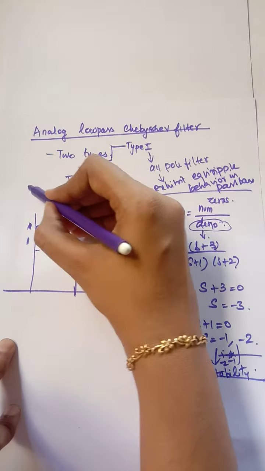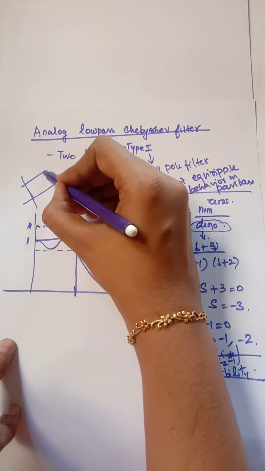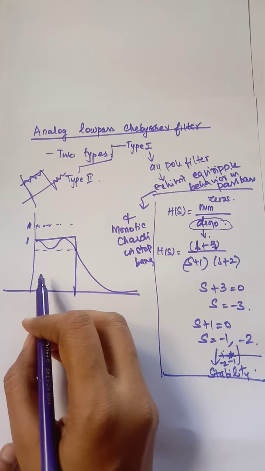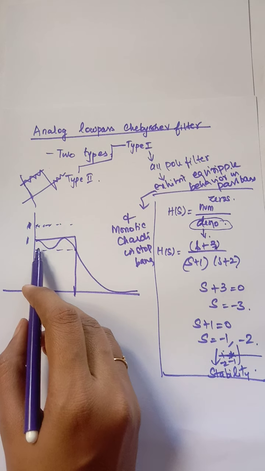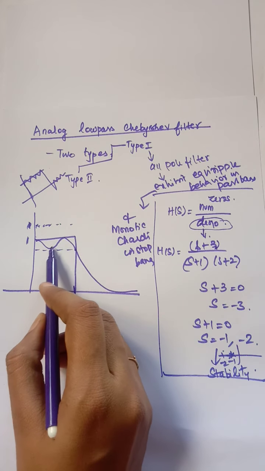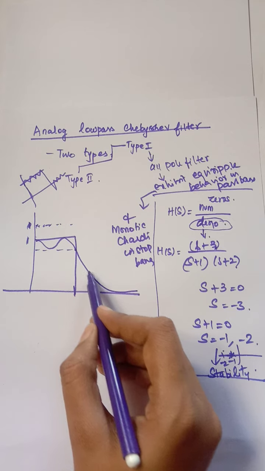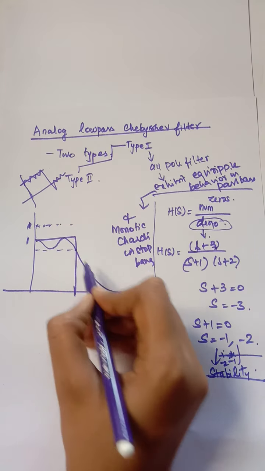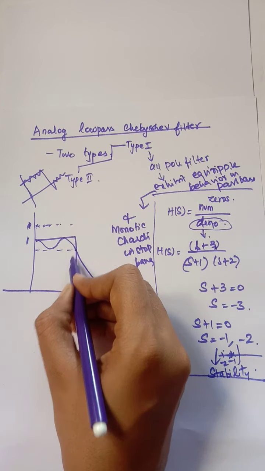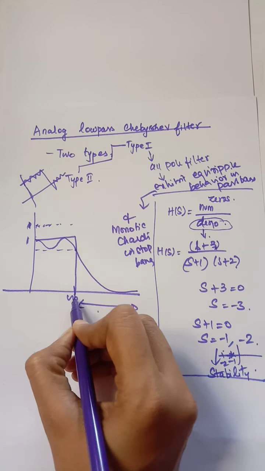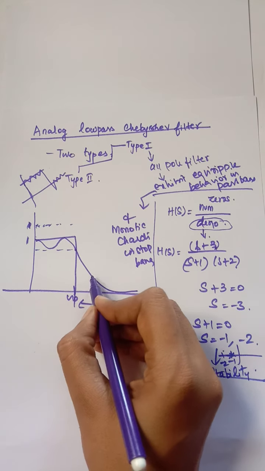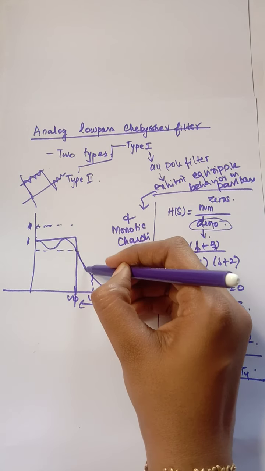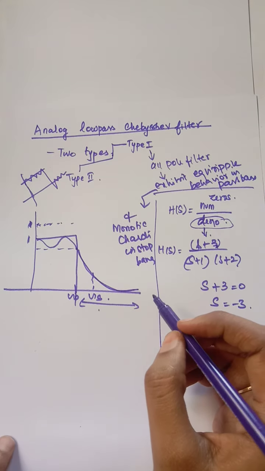Instead of the Butterworth filter, where you will have equiripples in the passband as well as equiripples in the stopband, in the Chebyshev filter you have equiripples here. This represents the equiripple in the passband, and it exhibits monotonic decrease in the stopband. So this represents the stopband characteristic. Now, this is how we differentiate the passband and stopband. This is the passband, up to this we are allowing, so this is the passband frequency, and here is the stopband frequency we are going to design. In between you have a monotonically decreasing function.